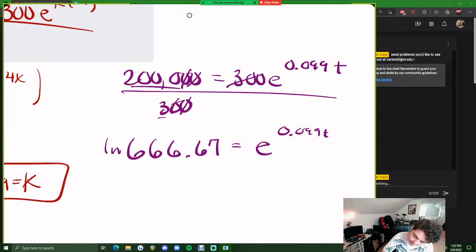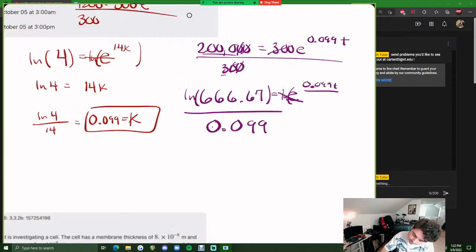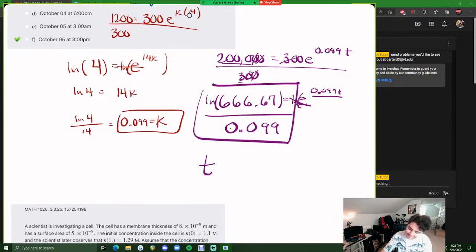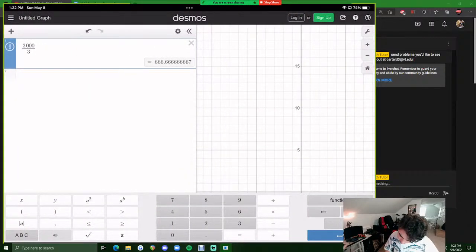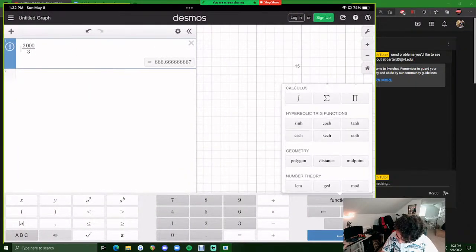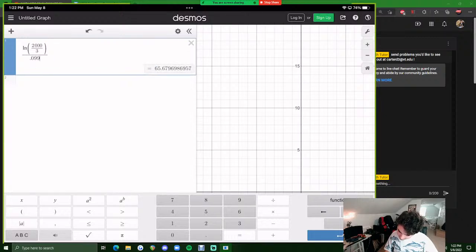And we just divided by 300, so we're left with this e to the 0.099t. We can take the natural log to eliminate the e, and then it'll leave us really with just this 0.099t. So we divide by the 0.099 to get t by itself. So we're going to calculate this to get the value of t. So I'm going to do ln of all this. Nice. And then we're dividing that by 0.099. That gives us